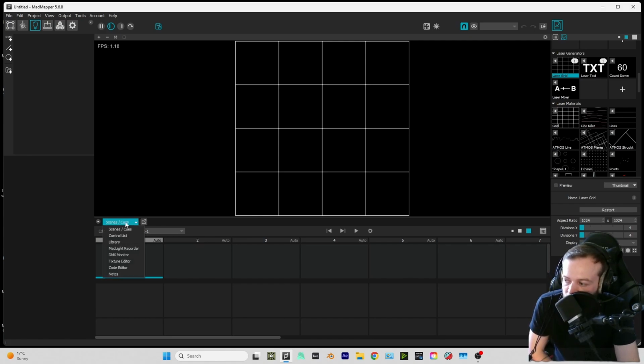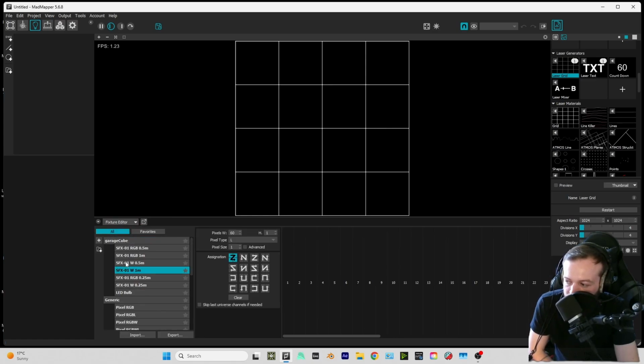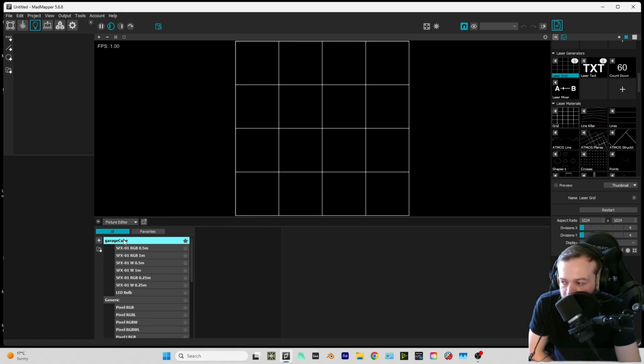If I click on this section, I get the option down here for fixture editor, and this is what we want to do first. So we need to patch the lights. The first thing that comes up here is the Garage Cube section. This is for the Garage Cube light fixtures that they manufacture themselves, Garage Cube and Madmapper kind of R1. So they're the only actual fixture profiles that are visible here, built into Madmapper,